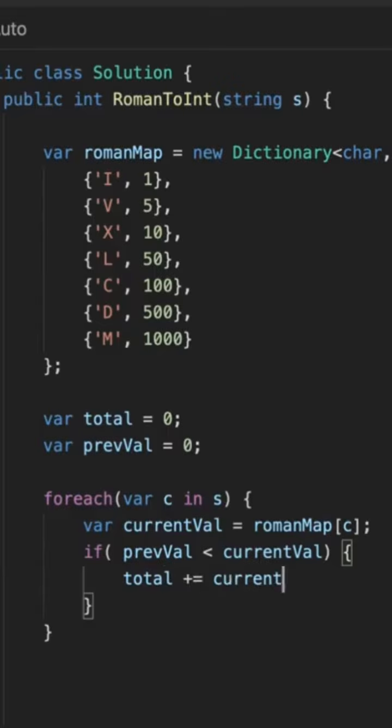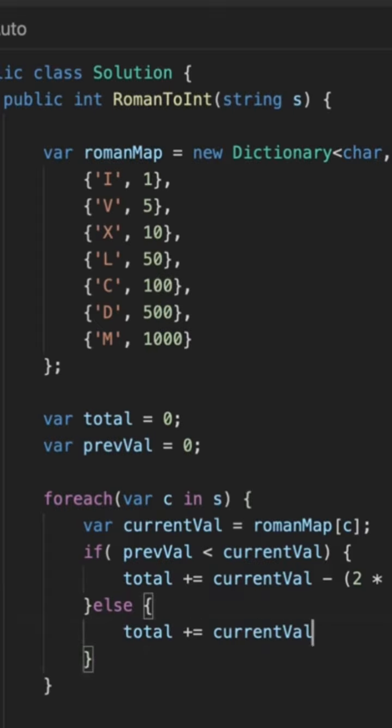the current val minus 2 times previous val. I will explain why we are doing 2 times over here. In the else case, total is just a simple addition of current val. So let's say there's a case where I appears for the first time, it will land in the else part, that is we'll add the I value to the total, and next time, on the current value, if V comes,